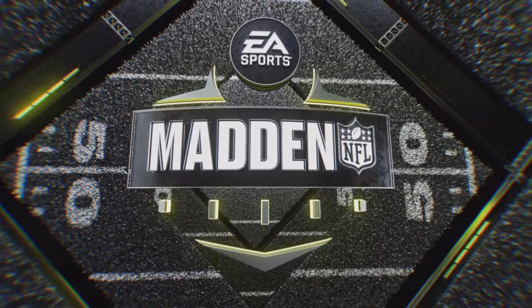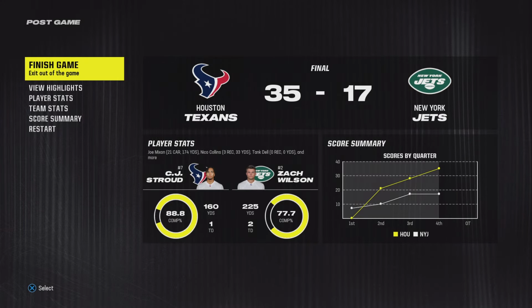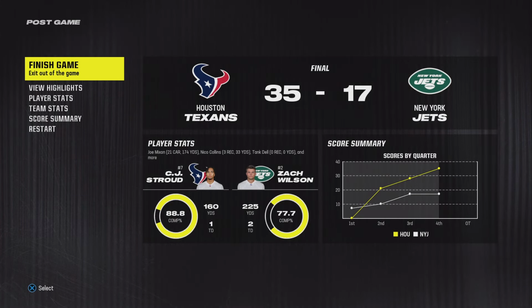So Houston going to come away here with the victory. And we talk so much about the turnover battle, determining who wins, who loses. This game, no